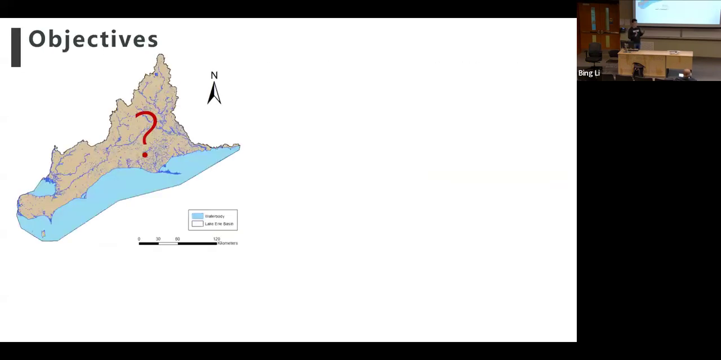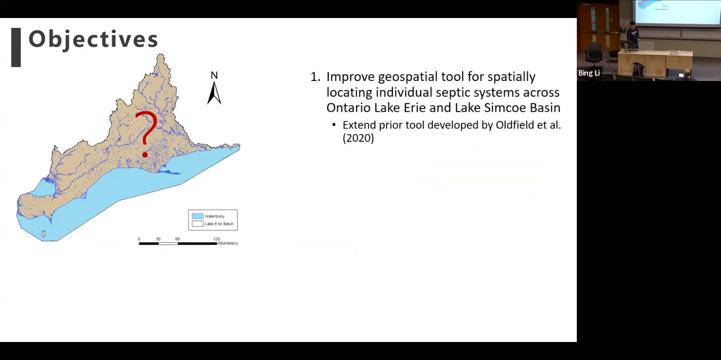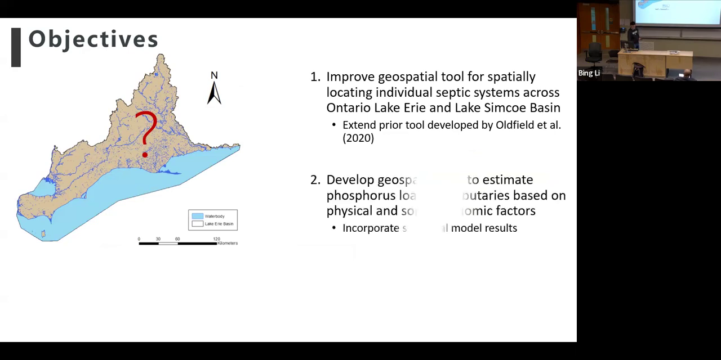Currently in Ontario, we don't have any inventory of septic system numbers and locations. To address this gap, my first objective is to improve the geospatial tool for spatially locating individual septic systems across the Ontario Lake Erie and Lake Simcoe basins. And secondly,